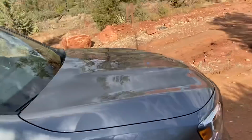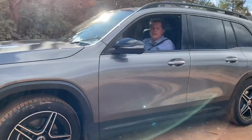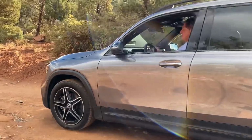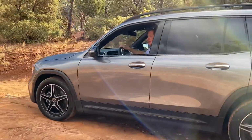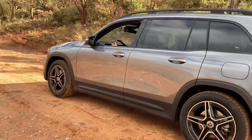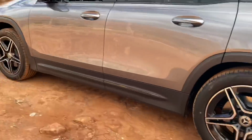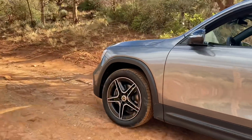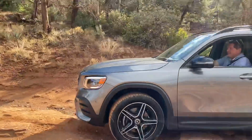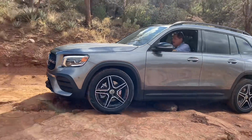Now, as you guys know, Mercedes has really the only off-roader in the business, at least if you're in the German car business, because Audi really doesn't have any true off-roaders, and BMW doesn't really have any true off-roaders. And that is, of course, the G-Class. So I'm hoping that Ralph, so again, it's talking to me, cancel. I'm hoping that Ralph spent a little bit of that off-road cred that they developed for the G-Wagen on this